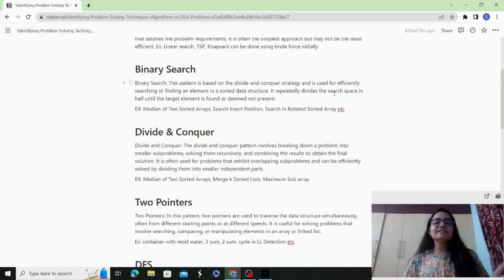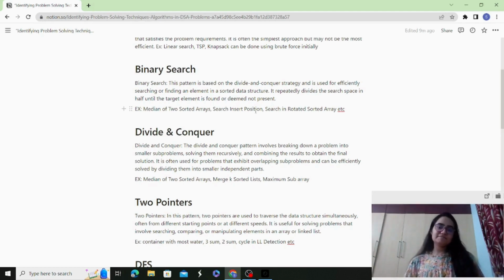So it basically divides the search space repeatedly in half until the target element is found or deemed not present. When you have a search space, the main aim in binary search is to use the divide and conquer approach. Using the divide and conquer approach, you're going to divide your search space into halves, and you're going to eliminate